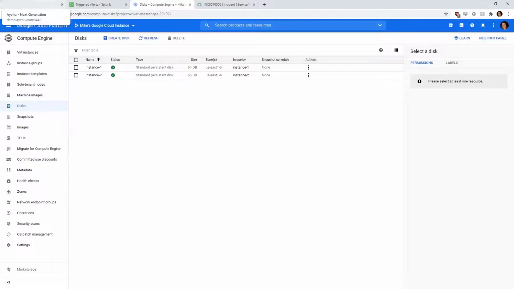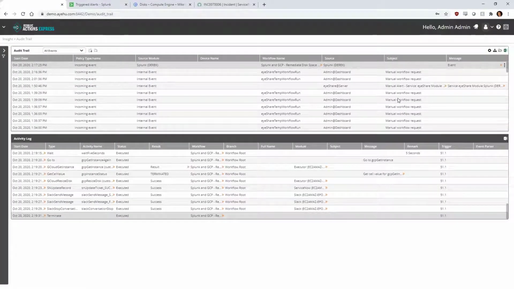Now, going back to the Yahoo NG side, just so we can take a quick glimpse here in the audit trail where we were a minute ago, when these events come in from external systems, whether they be a monitoring tool like Splunk or SolarWinds or LogicMonitor, or whether they be an ITSM tool like Cherwell, ServiceNow, BMC Remedyforce. Those events are